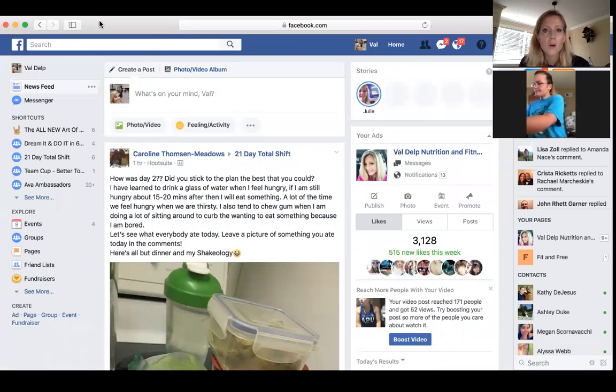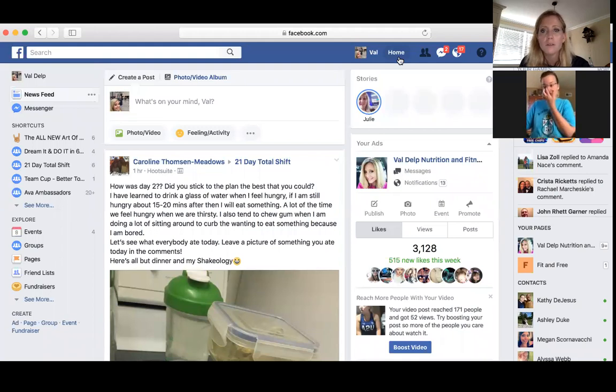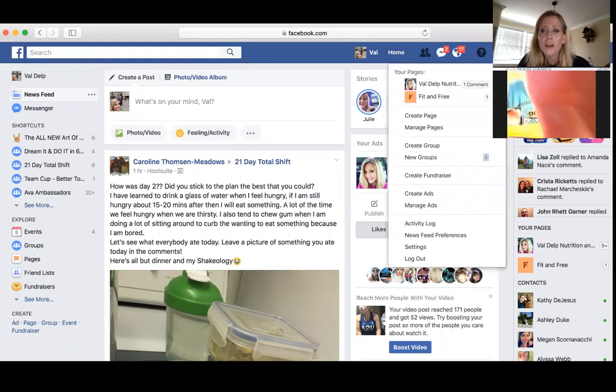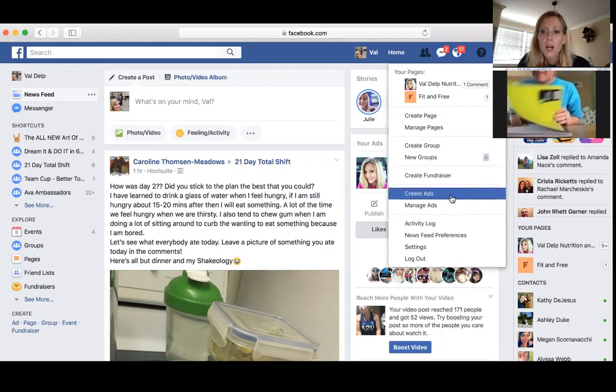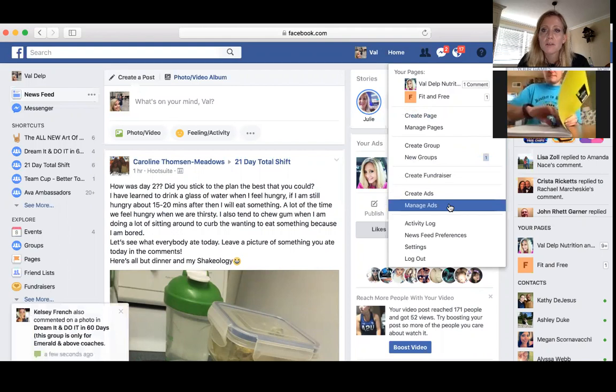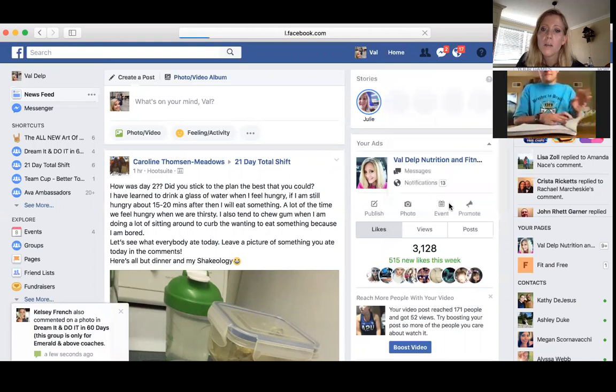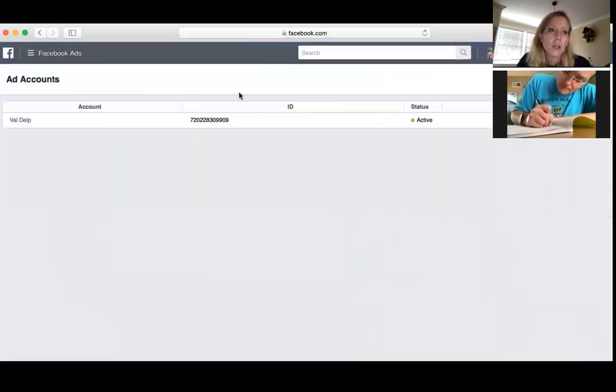All right. So when you're on just your regular news feed on Facebook, the way you get to the ads manager and the power editor is this little triangle up here in the right hand corner. You'll see a circle with the question mark, and it's right next to that. If you click on that little triangle, it'll bring this drop down up, and you want to click on manage ads. It's about 3/4 of the way down the drop down. So when you click on manage ads, it's going to bring you into,